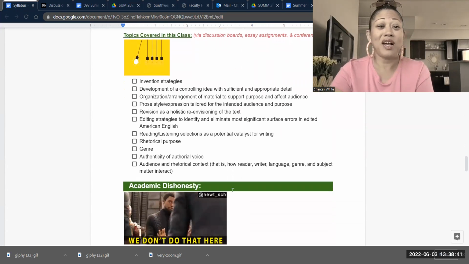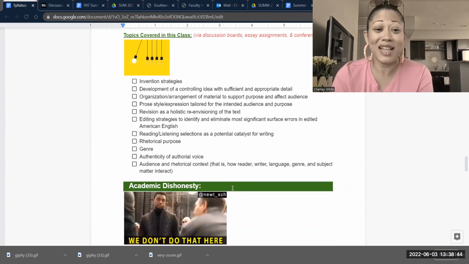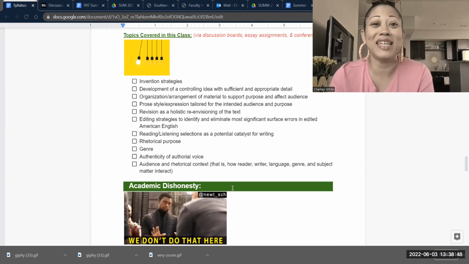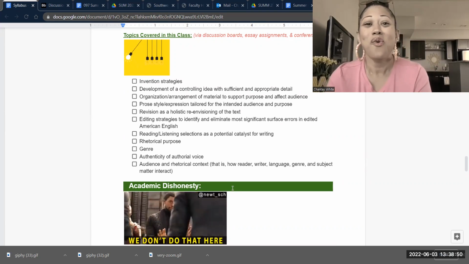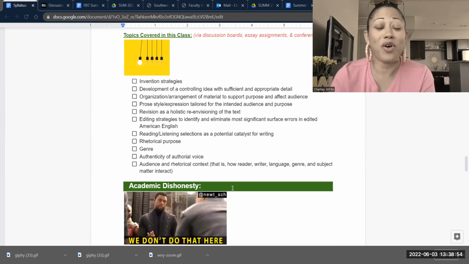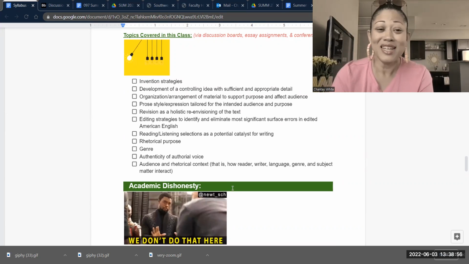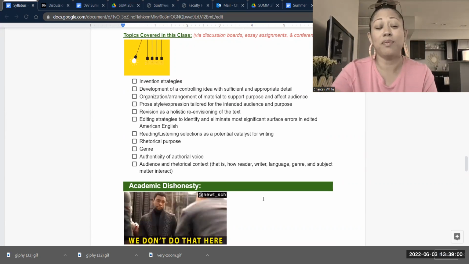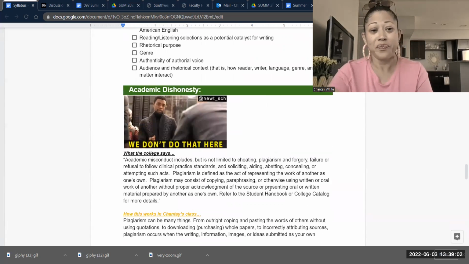All right, so we're going to cover all kinds of topics in this class. All of them deal with ways that you can go about writing that makes it easier for you, right? What are the things that work for you? What are the things that don't? And when they don't, we're going to switch it up and try something else so that you figure out what your writing process is, how you complete a paper that you're proud of.